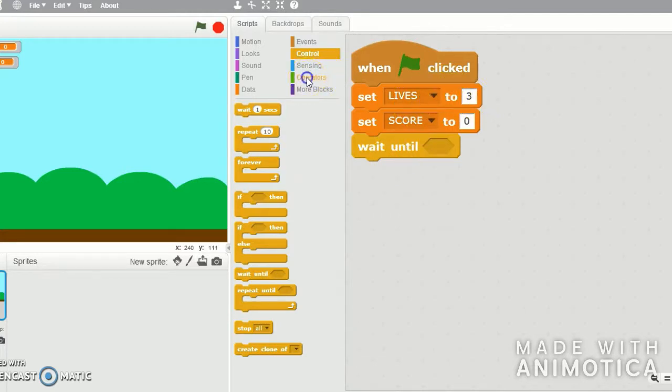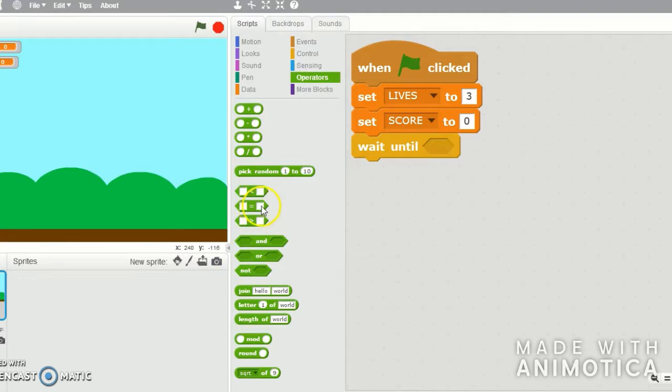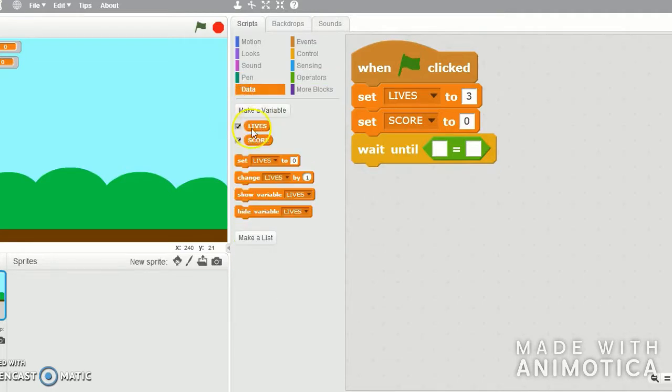So if we go to operators, we find the equal sign, pick it up, we put it in here. So wait until blank equals blank, and if we go to data, you see we've got lives and we've got score here. So I can pick up lives and I can put that in there. So wait until lives equals 0,